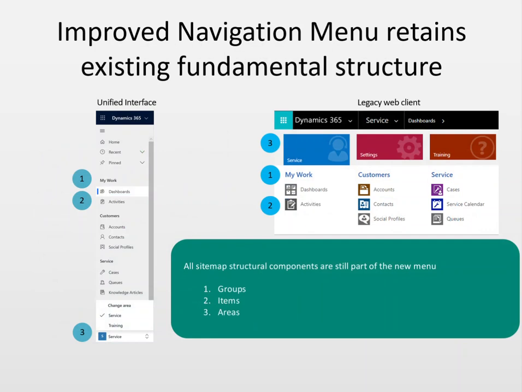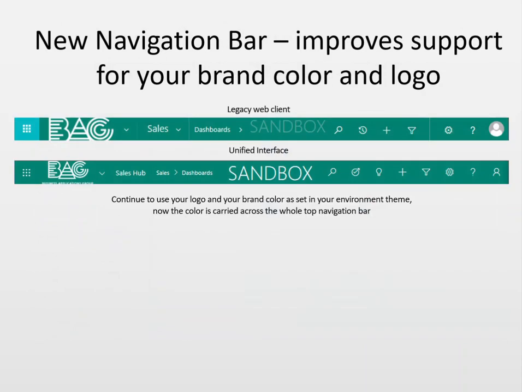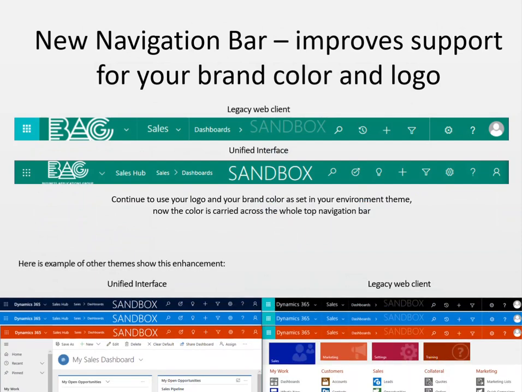Here, if we look at number 3, it is called areas or business modules, but it will only be available once you click. You will get a drop down on top, like change area, service, training, and we also have the item and group. Here is another, the header, and if we look at some samples for different themes,